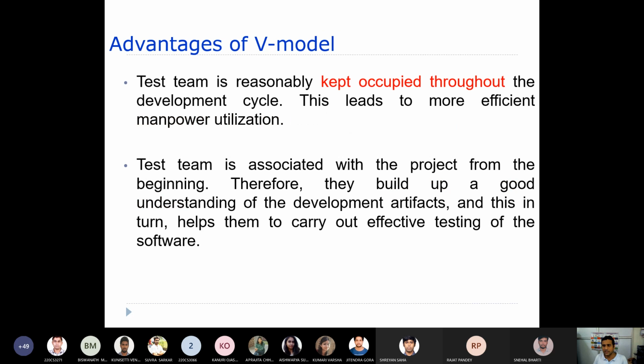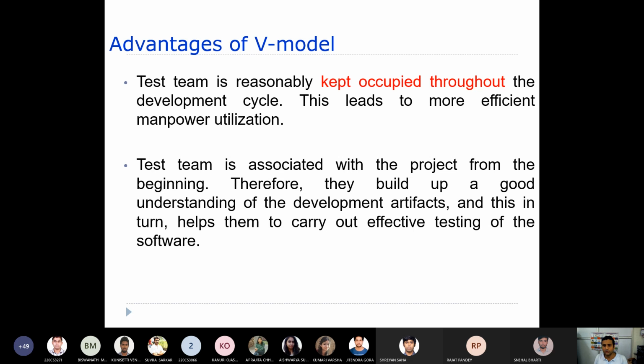The other advantage is that the test team is reasonably kept occupied throughout the development cycle. The test team is also involved in all of the phases, which means they are not sitting idle. You are trying to utilize the manpower very efficiently.